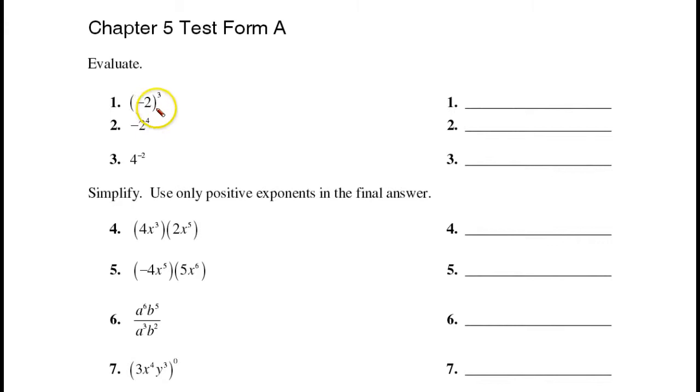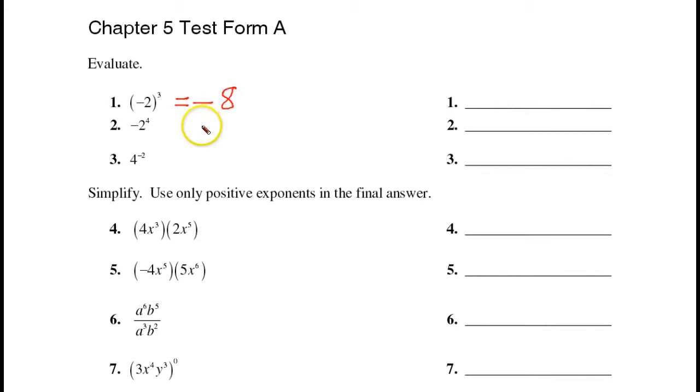exponents first. And what can we say about this? Well, we're raising a negative value, a negative base, to an odd power. That indicates our answer will be negative. If it were to an even power, it would have been a positive. But right now, an odd power, it's negative. So it's just 2 to the third,